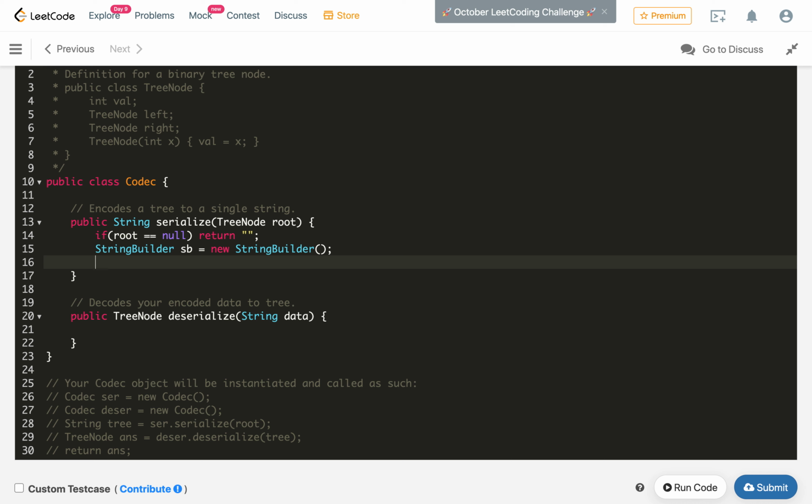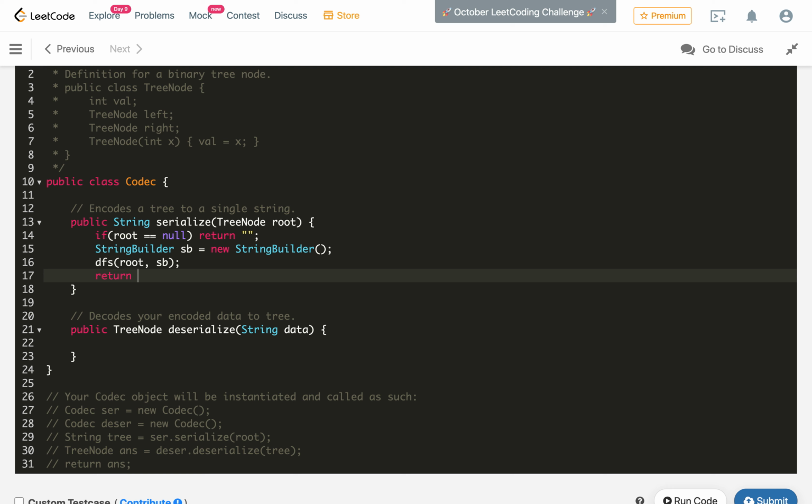Now we will call the DFS, or pre-order, let me write DFS itself, that's fine. We will pass the root and the sb, and in the end we will return sb dot toString dot trim.